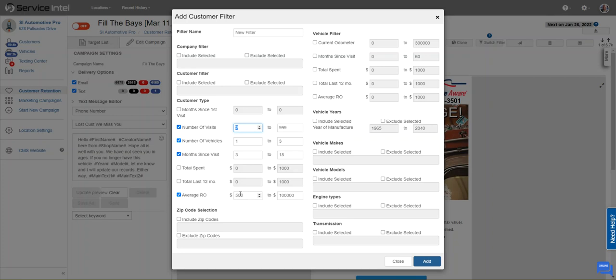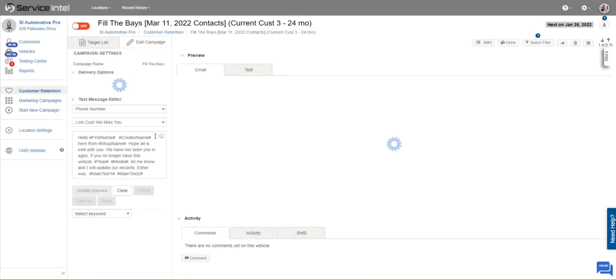So that's a great way to filter this through. You can increase or lower this to your liking. Once you create a filter, you're going to give it a name. I'm just going to call this a test filter. Once that is filtering, it's going to gear in here and it's going to find me customers that match that